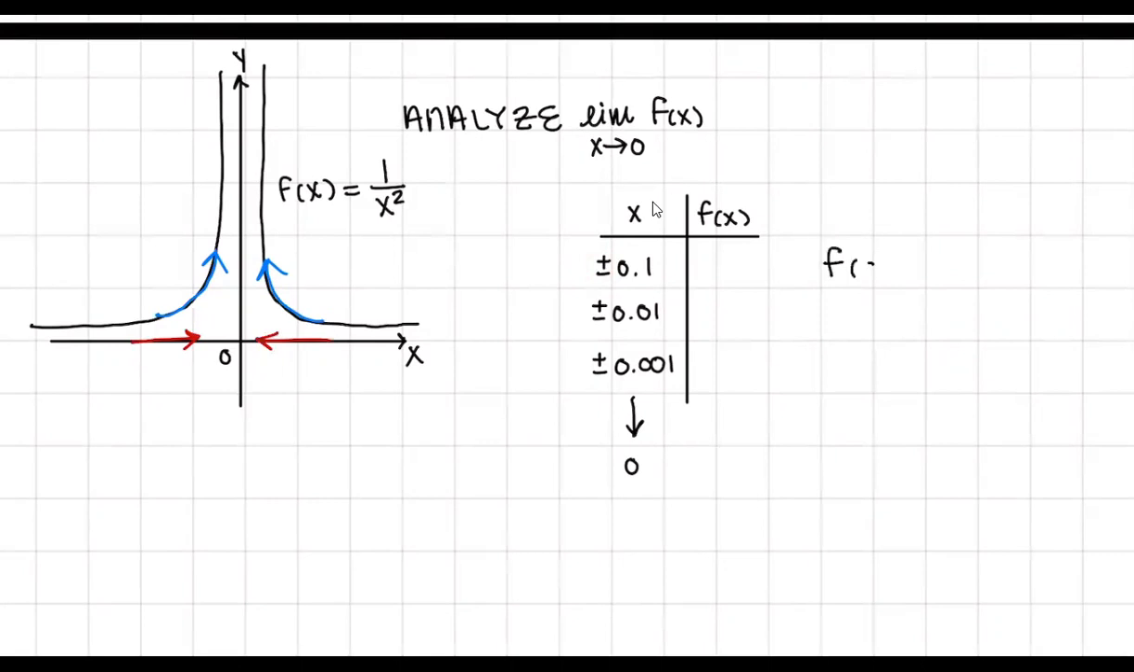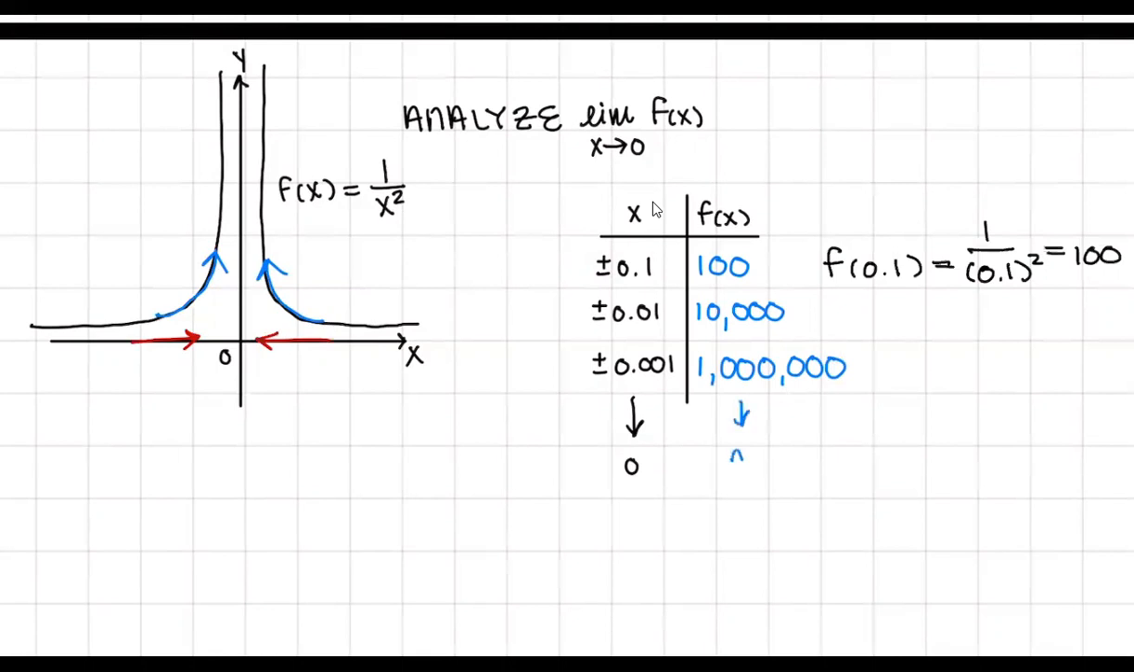So let's plug in positive 0.1. f of 0.1 equals 1 divided by 0.1 squared, and that equals 100. We can do the same thing for plus or minus 0.01, and we'll get the value 10,000. And if we do the same thing for 0.001, we get the value 1 million. So obviously, from the right or the left, as we get closer and closer to 0, we approach the value of infinity. And that's a pretty big concept. So go ahead and take a pause, and we'll start back on